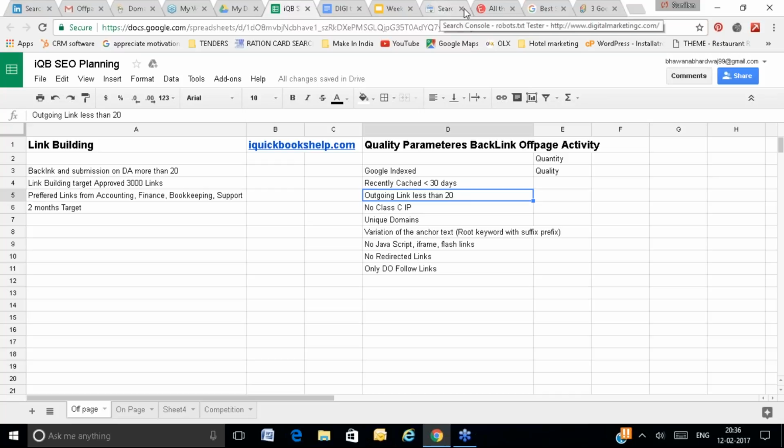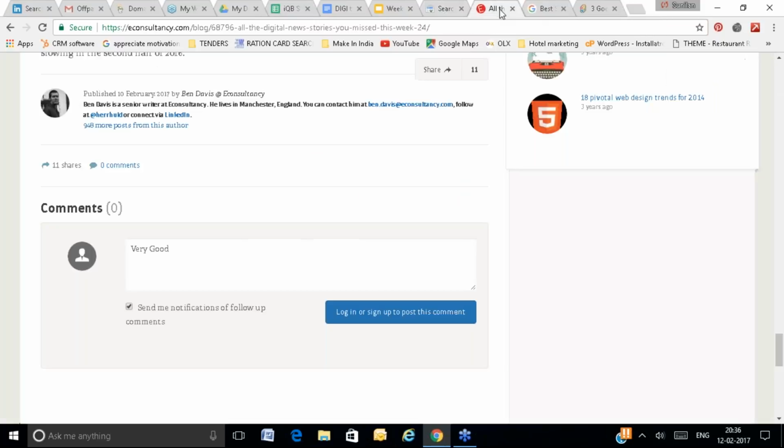Let's suppose this is one of the websites where you have done commenting. It's not good if 2,000 more people have also commented and placed their web links. Whenever you take a backlink from a website, that website is sharing its recommendation and authority with you. If a website has one link, it shares its entire authority with one website.